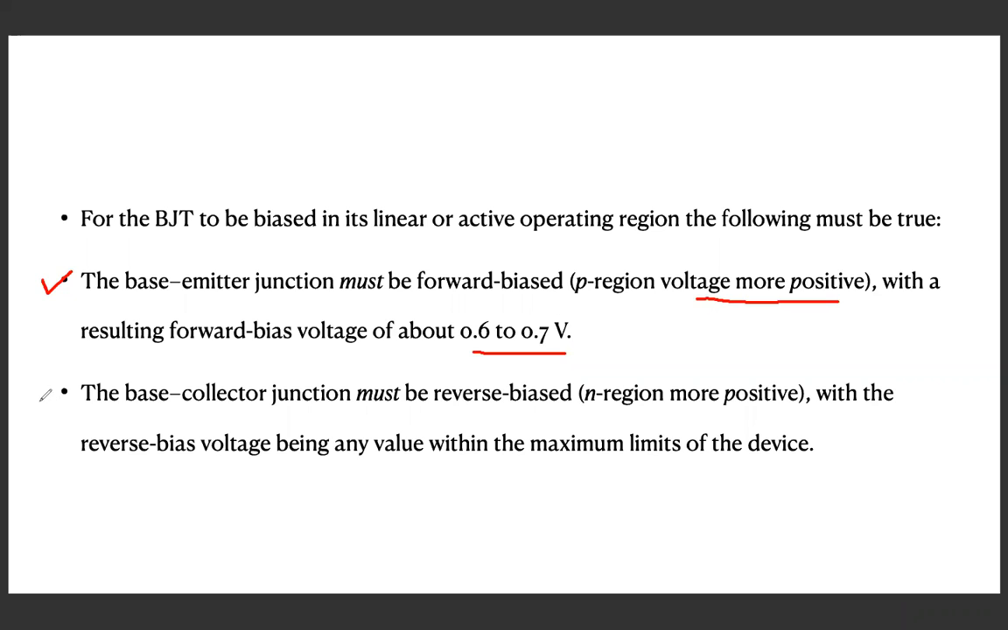Second condition is the base collector junction, it must be reverse biased with the reverse bias voltage being any value within the maximum limits of the device. ये हमारी जो भी उसकी लिमिट्स रहेंगी उस विद इन दैट लिमिट आप कोई भी एक वैल्यू ले सकते हो, ठीक है। VCE नेक्स्ट से कम होनी चाहिए, VCE सैचुरेशन से कम होनी चाहिए। इस तरीके से बेस कलेक्टर जंक्शन है तो उस हिसाब से उसकी वैल्यूज भी थोड़ी सी चेंज हो जाएंगी, बट जो भी स्पेसिफिकेशन शीट दी हुई है उसकी रेंज के अंदर होना चाहिए,